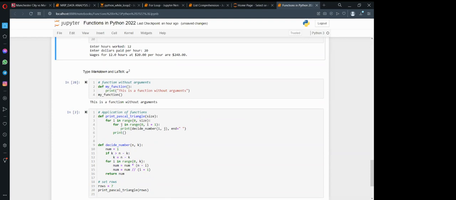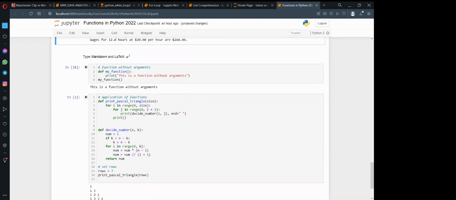Yeah, so a function may also not have parameters specified. So you can just have the brackets enclosed.